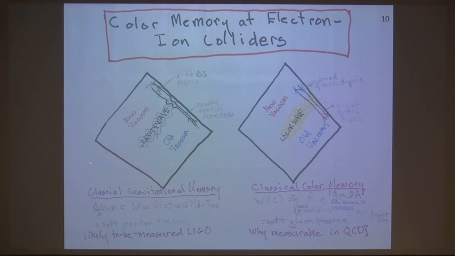So in classical gravitational memory, you have a pair of nearby detectors, the wave comes by, they oscillate, and at the end of the day, they don't get back to where they came from. In color memory, you have a pair of quarks, the arrows are going in different directions here, red and anti-red. A color wave comes by, they oscillate, and they're no longer in a color singlet. That's color memory, just like gravitational memory. And it's related to a vacuum shift after the color wave passes.